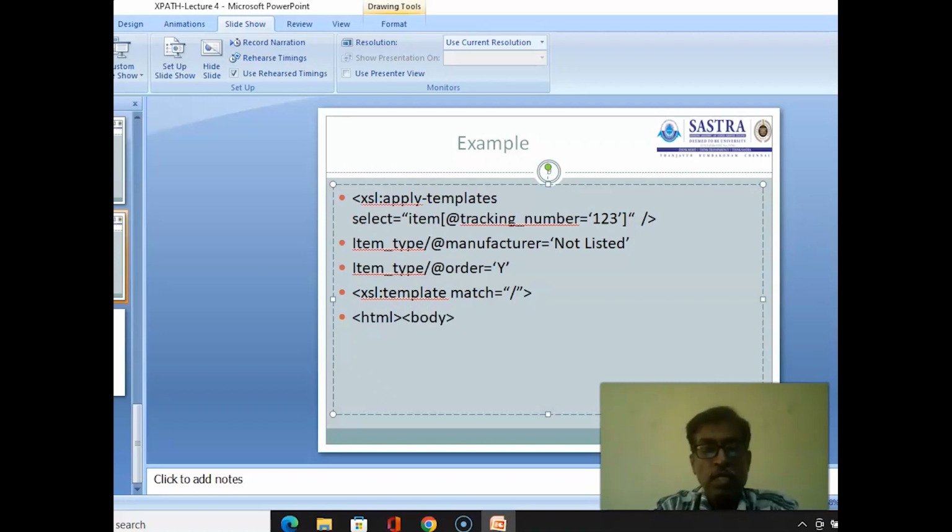I want to apply this template: xsl:apply-templates select equal to inventory/item. I need to apply this template here, and then close the body tag